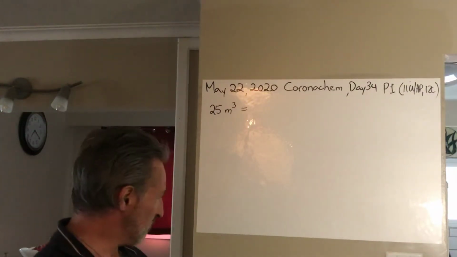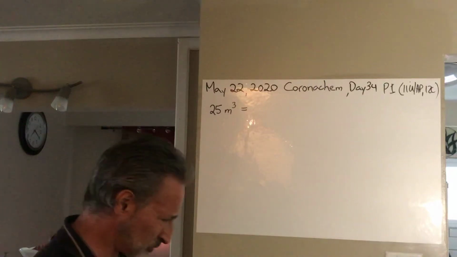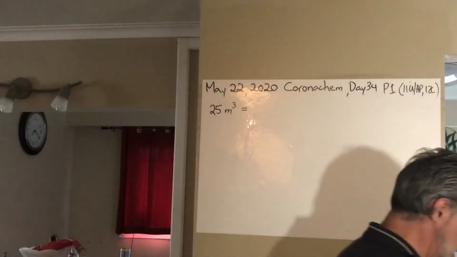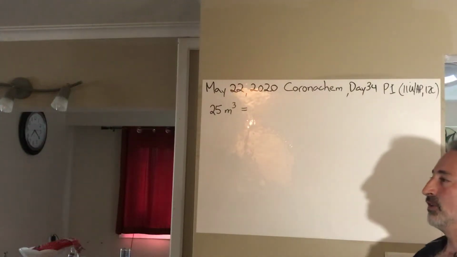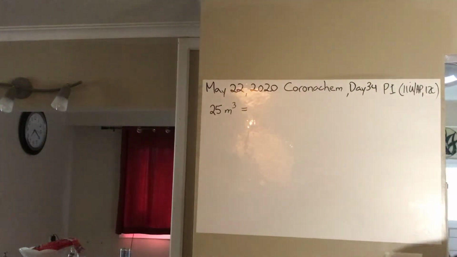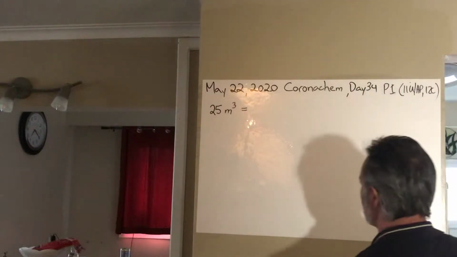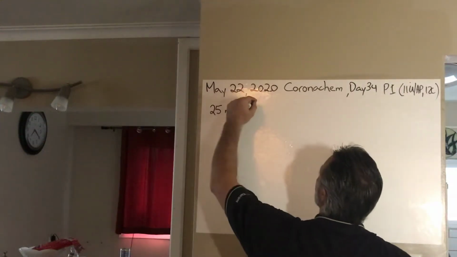We're going to pick it up from what we did yesterday, where I asked you for homework to convert 25 meters cubed to various different measurements. The first one was into decimeters. So to go into decimeters,